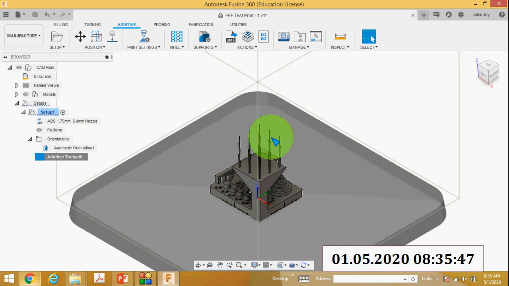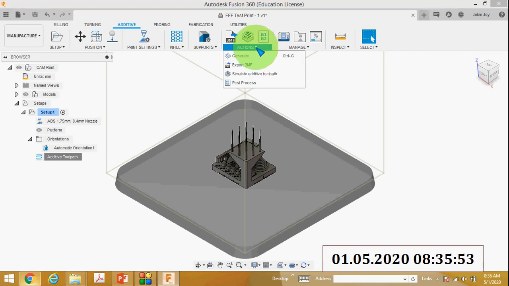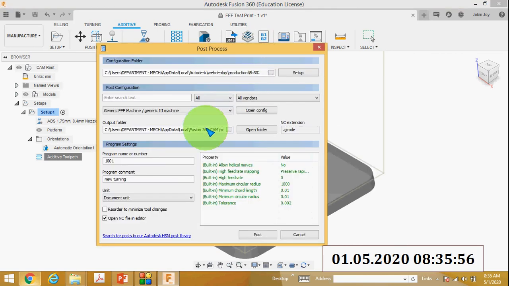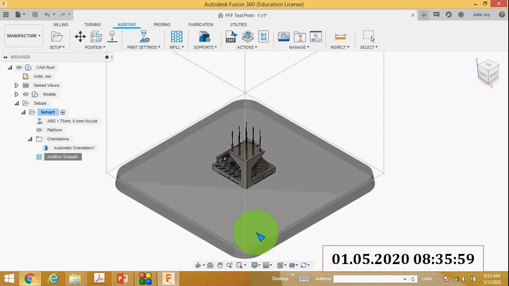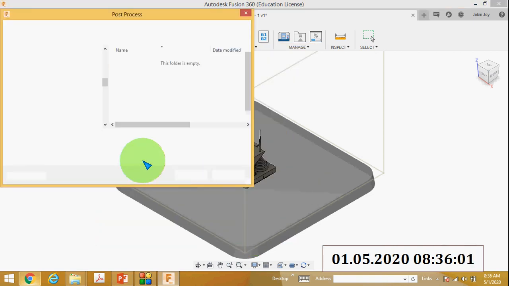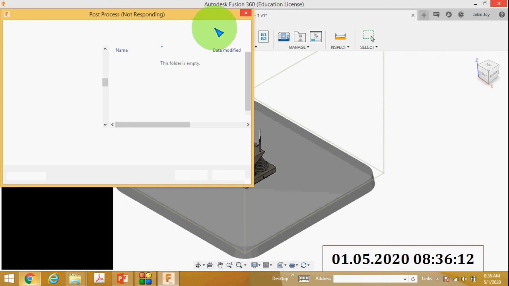Wait for some time. Once again, click Post Process, generic FFF machine, then Post.